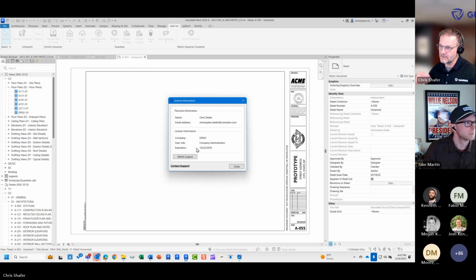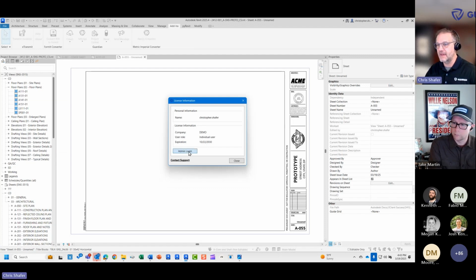Since the office hours is intended for company and project administrators, we assume everyone here on this call is one of those two. So we find sometimes it's helpful to log in and out of Guardian on a regular basis so you can start to test Guardian from that end user perspective. To help facilitate that,